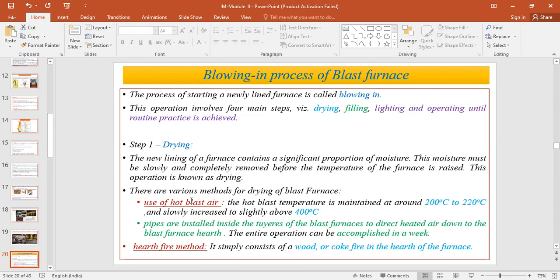And this hot blast is inserted inside the blast furnace through the piers, and it can also be inserted in the hearth part of the blast furnace. Okay, so pipes are installed inside the piers of the blast furnace to direct heated air down to the blast furnace hearth. And in this drying operation, there are certain